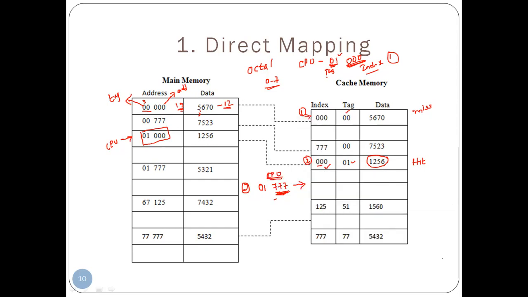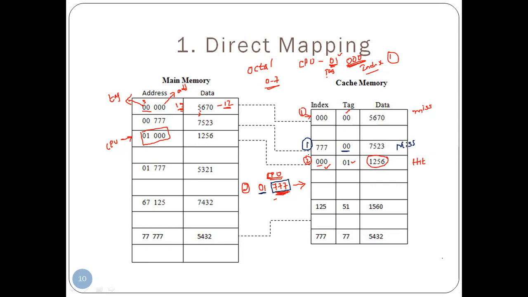So this is the second example, fine. The CPU will fetch in the cache memory for 777. From the starting, it is going to check. In the first attempt, it finds 777. So it will go here, but then it will go for the tag value. What is the tag value over here? 01. But what is the tag value over here? 00. So it is a miss.